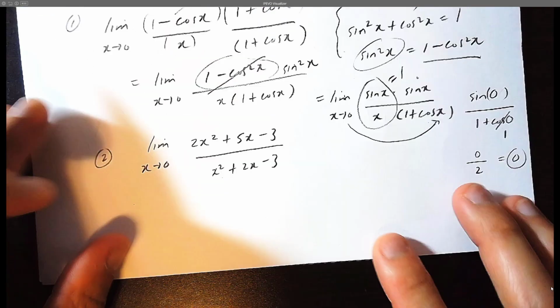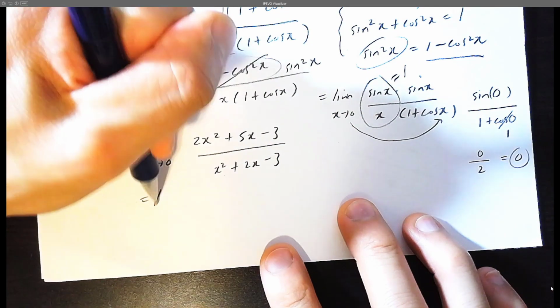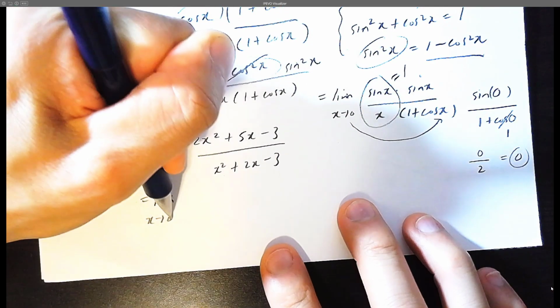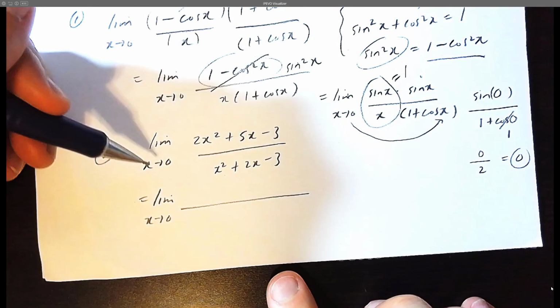Now let's try the second question. This just looks like trinomial factoring. If you're to